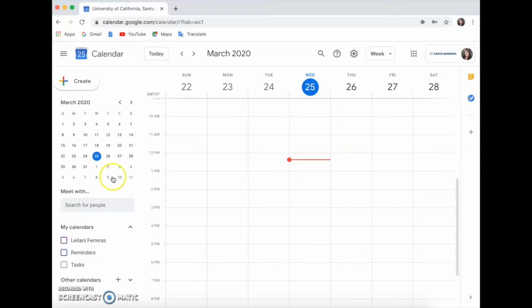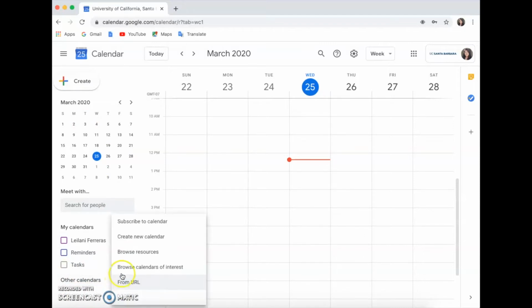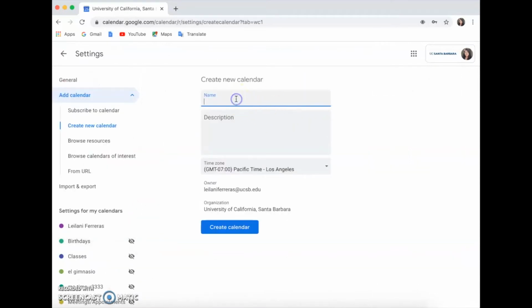So to create a calendar, you'll want to scroll down to the left where it says Other Calendars right over here, and click the plus button that's located right near it. So this button right here. And then go ahead and click Create New Calendar. And now type in the title of your calendar. So I'm creating week, classes,